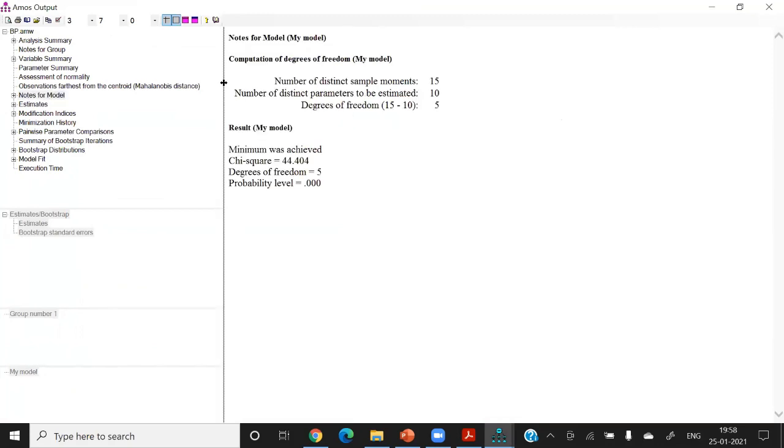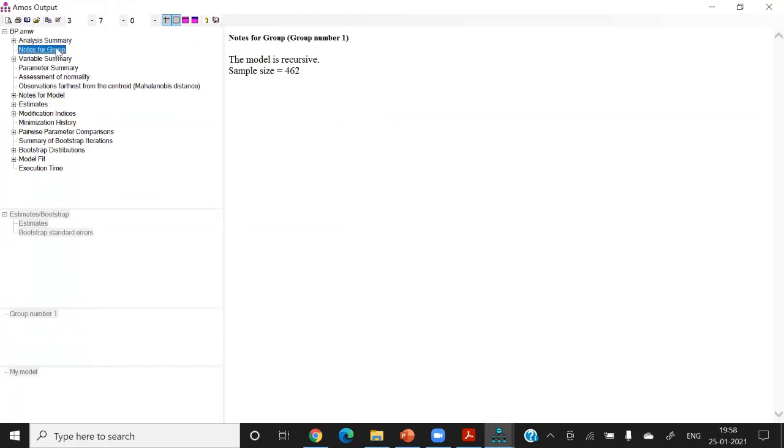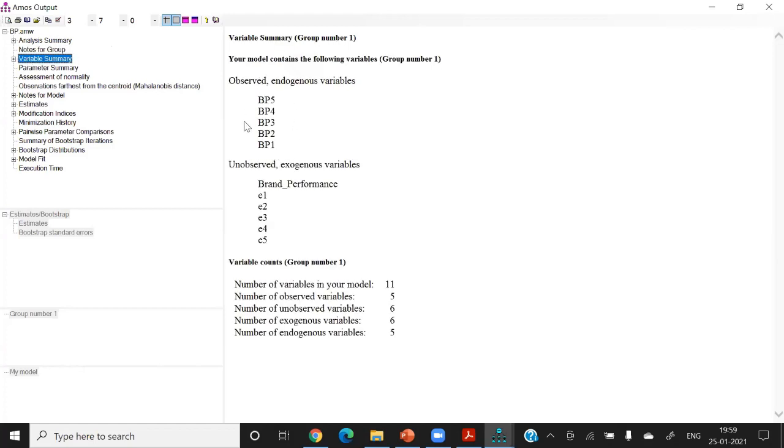Number one, notes for the group. So the model is recursive, sample size 462, right? Recursive means this model is not having any loop. The model is free of loop. And variable summary, these are the 5 variables, independent variables, items. These are the 5 items in the construct. These are the unobserved.